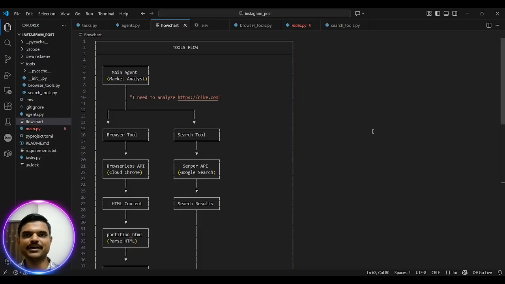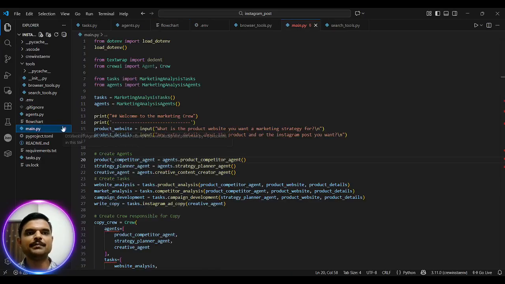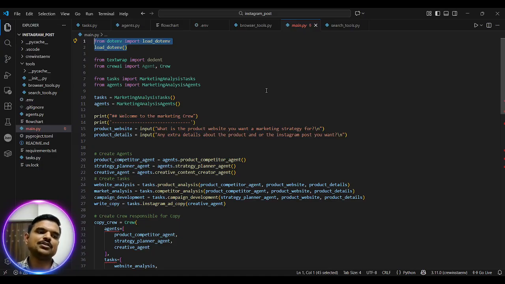These are very important files. We will see the main.py file. Here from dotenv, we are importing load_dotenv, a function that reads the .env files, getting the key to the password safe. Then load_dotenv reads the .env file. Why is this important? Because API keys, the Serper API and Browserless API key, are stored in the .env file. This line makes them accessible through the code via